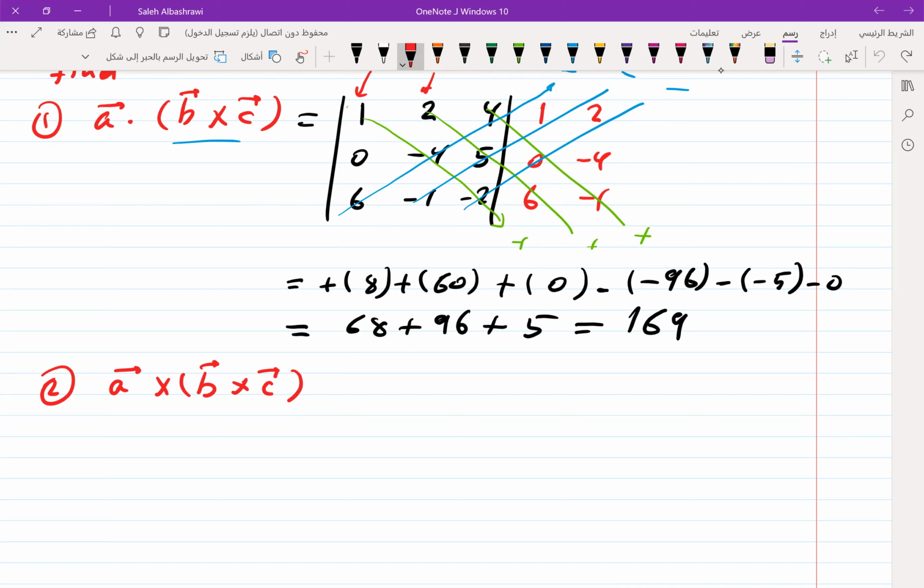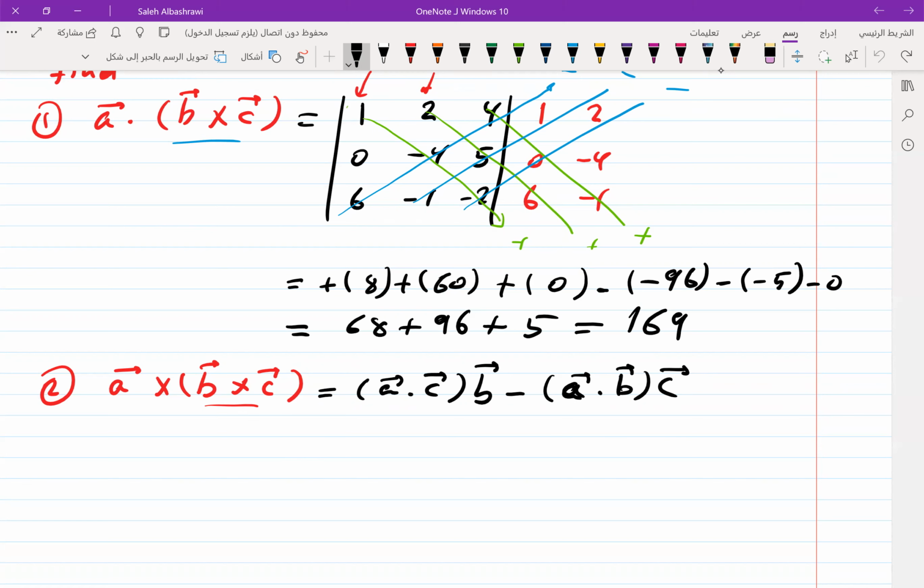So either we need to find B cross C first, then find the cross product with A, or I can apply the formula, which is A dot C times B minus A dot B times C. This is equal to